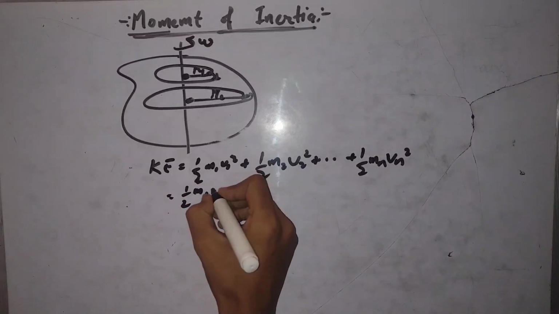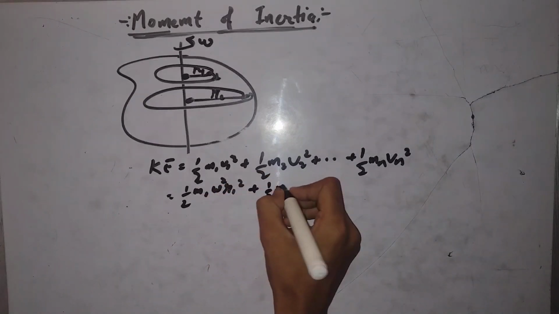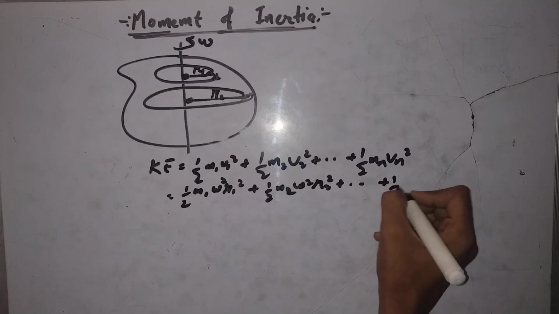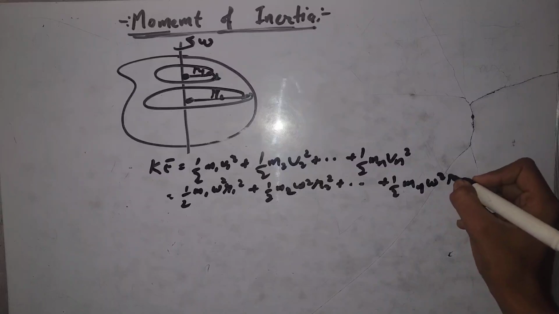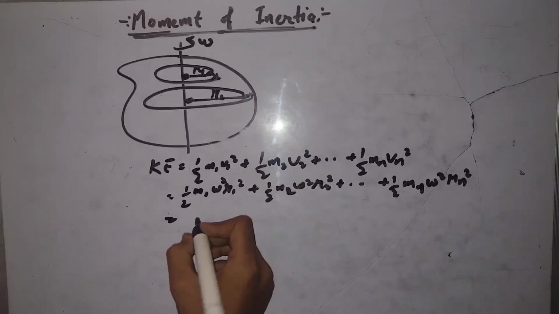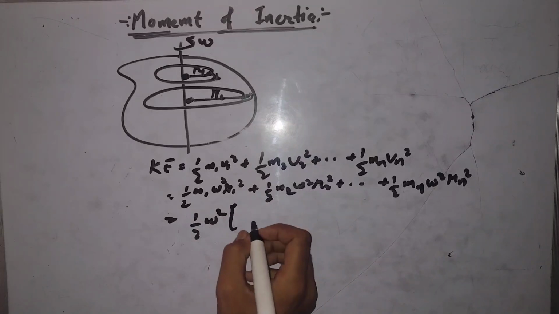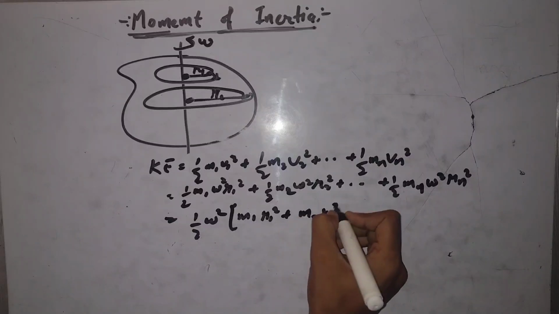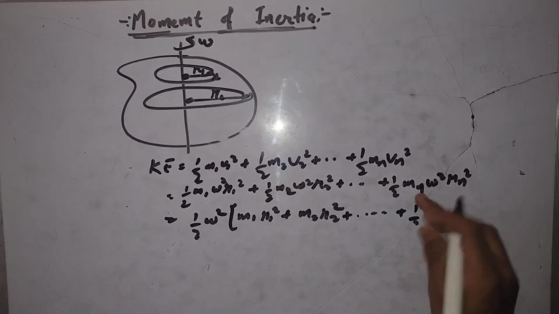So this is half m1 omega square r1 square, plus half m2 omega square r2 square, all the way up to half mn omega square rn square. We can take omega square common because it is the same in every term. So this becomes m1 r1 square plus m2 r2 square, all the way up to mn